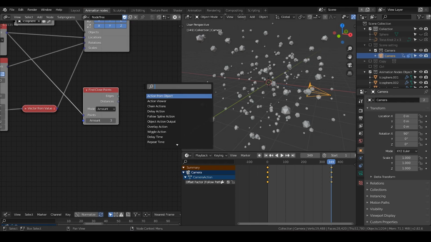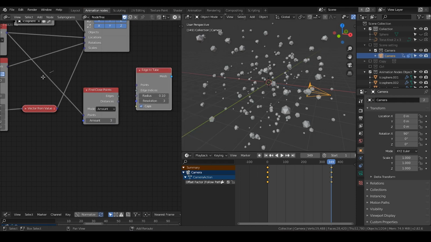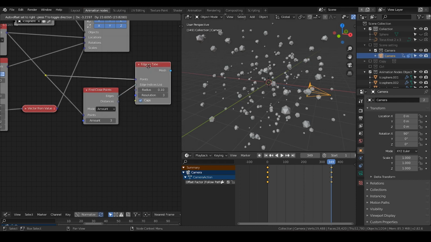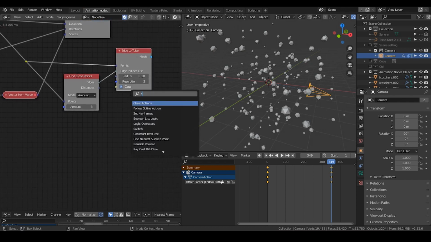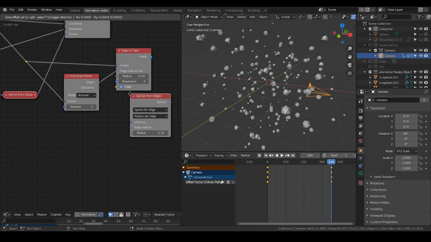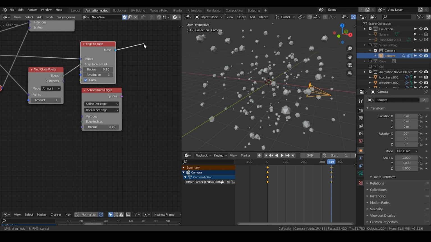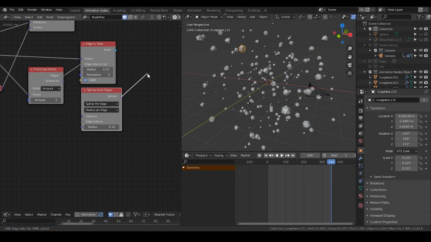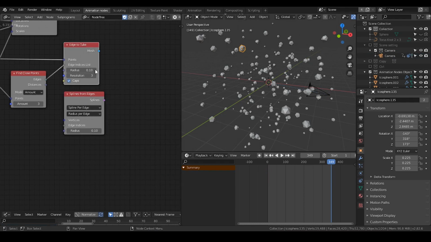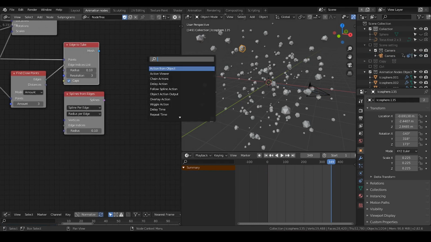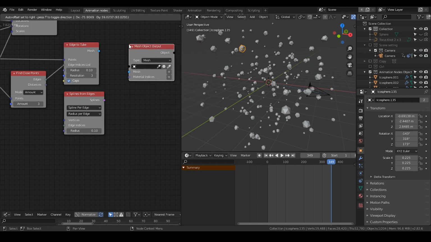So one way to do it is edge to cube. And you basically put the locations into points, edge into edge indices. Another way is splines from edges. Basically the same idea. The only difference is whether you are outputting an actual object like the icosphere or actual splines, which is a curve object. In this case, I'm satisfied with having a mesh. So let's just do mesh object output